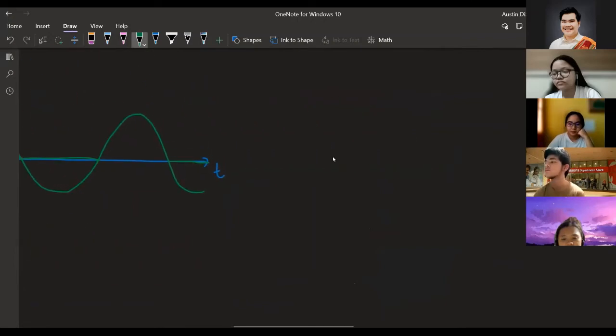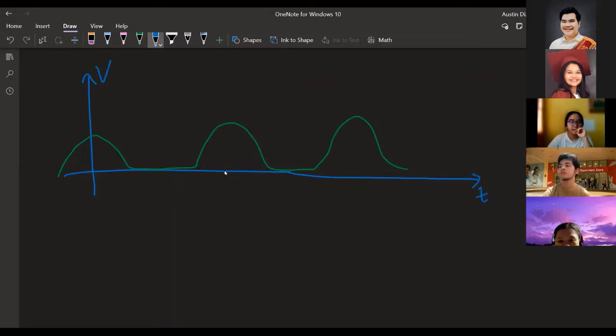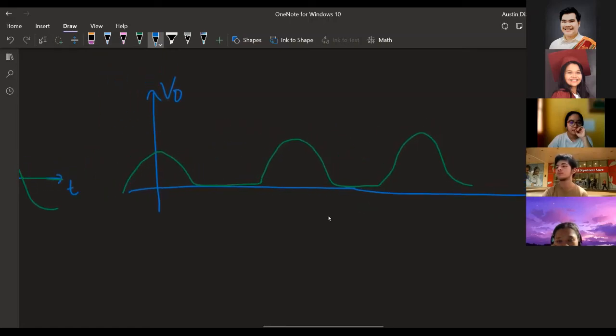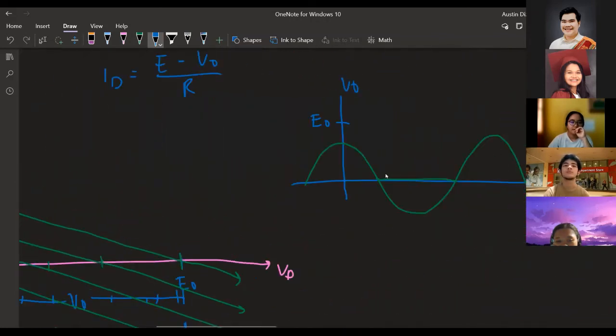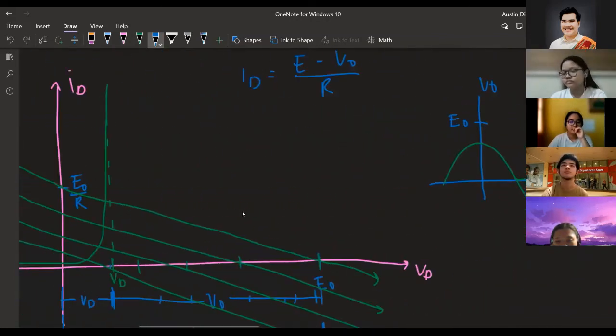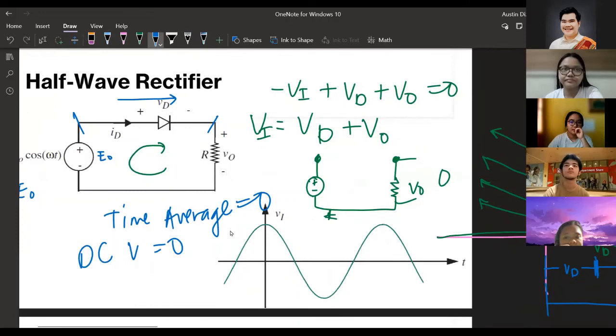Okay. So, yung effective na itsura ng graph niya through time looks like this. Okay? This is time, this is voltage, V0. Okay. Kaya siya tinatawag na half-wave rectifier because yung ginagawa niya, pinuputol niya yung kalahati ng wave dun sa original source mo. Okay. And usual itong circuits na to sa mga devices natin, kasi yung mga outlet natin, di ba,